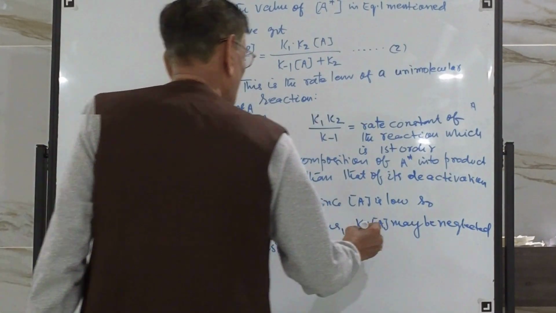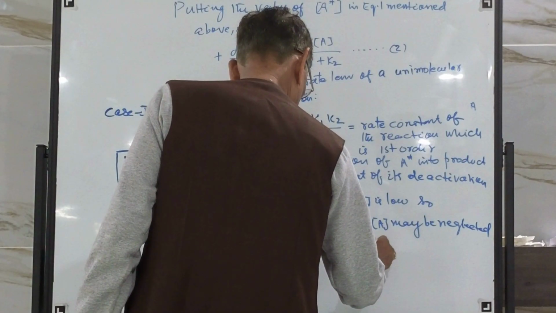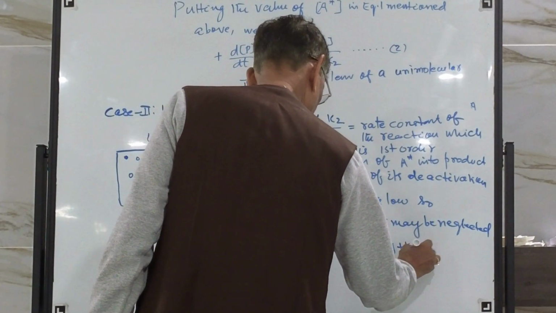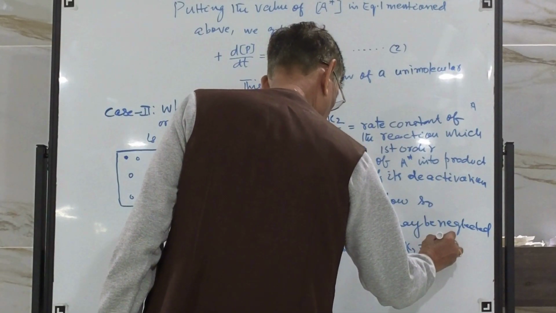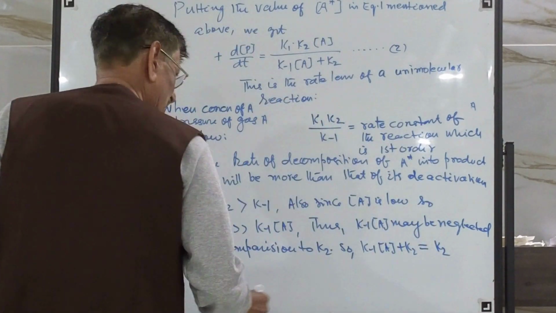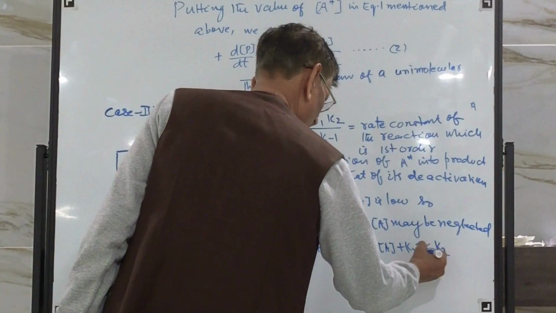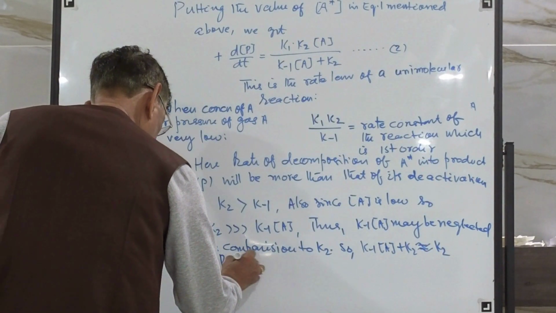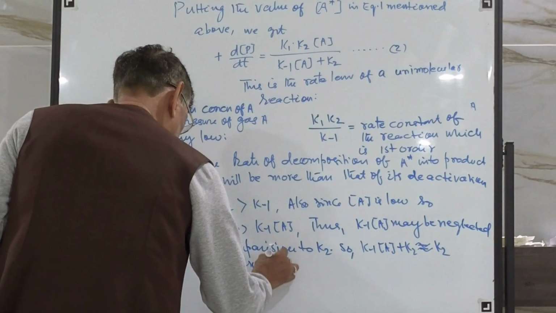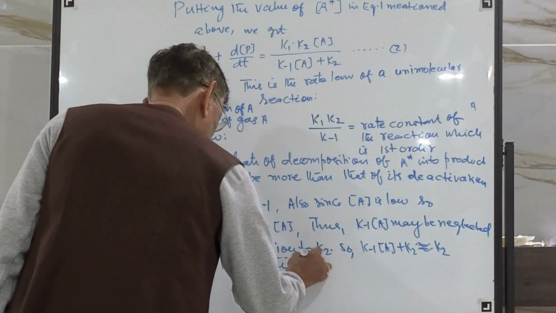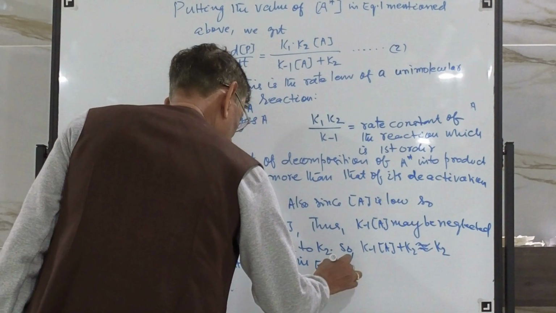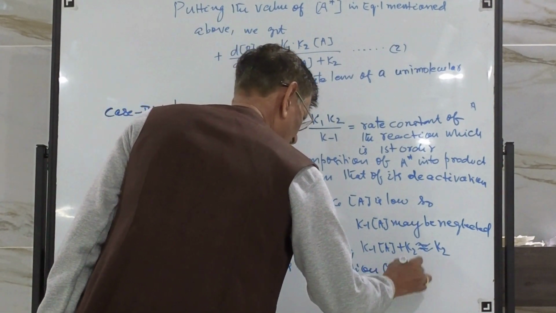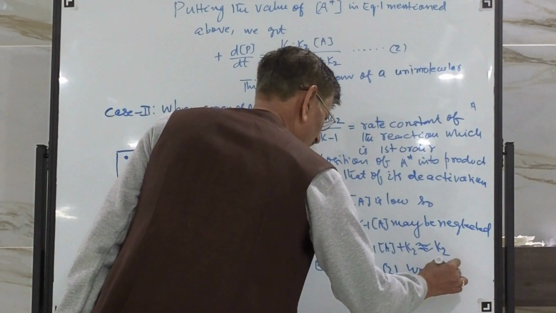So K minus 1 into A plus K2 is equal to K2. Putting this approximation in equation 2, we get